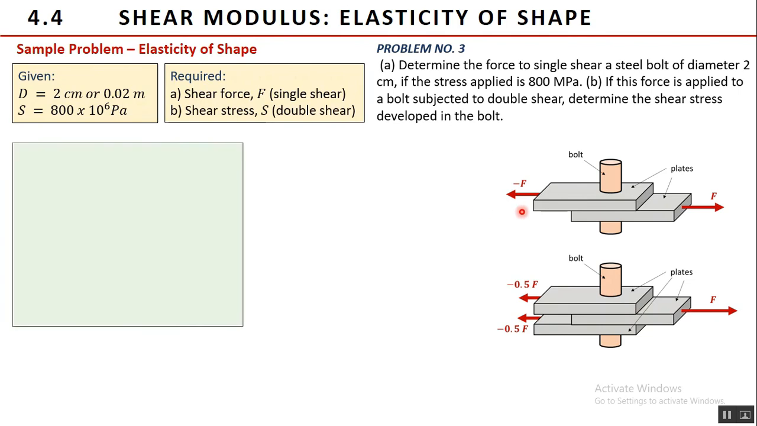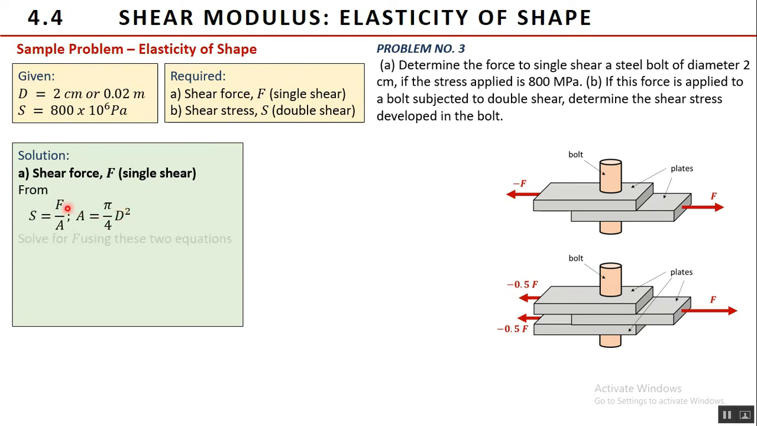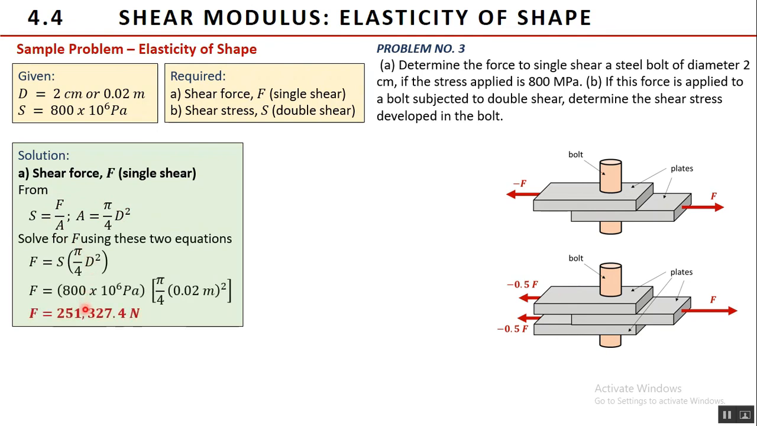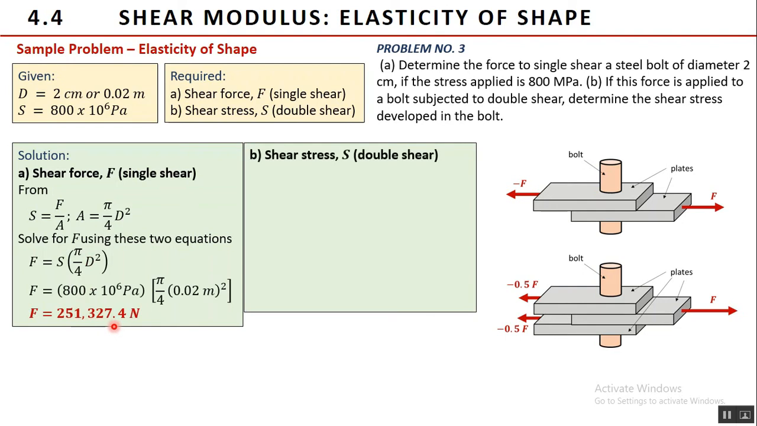We use the formula of stress, shear force over the area, wherein the shear area is equal to pi over 4 d squared. Substituting the given information, the shear force is 251,327.4 newtons. Letter B, double shear in the bolt will happen only if there are three plates joined together, wherein